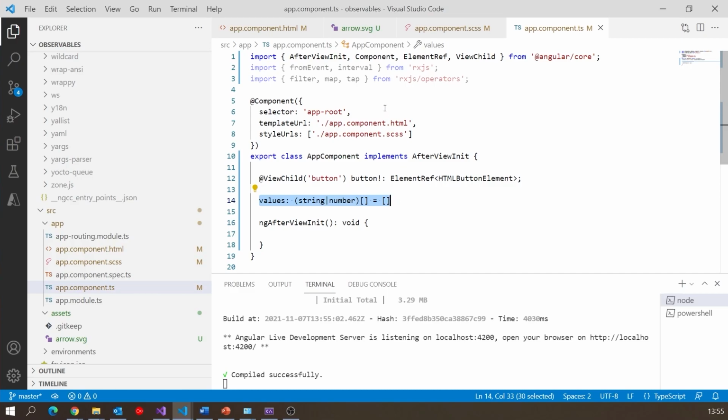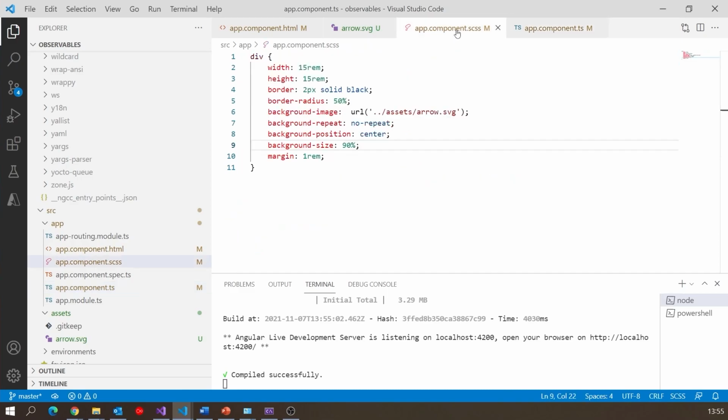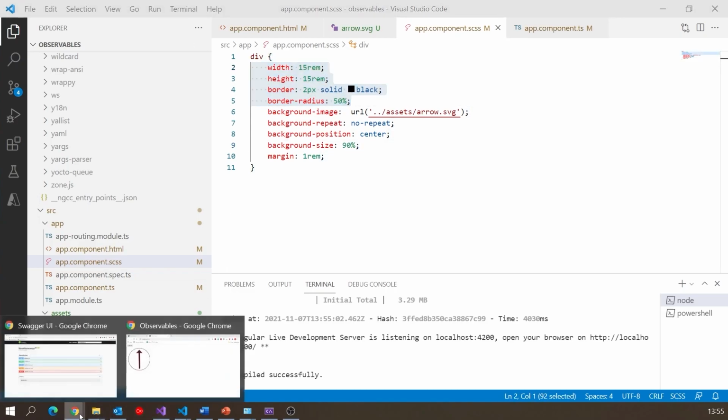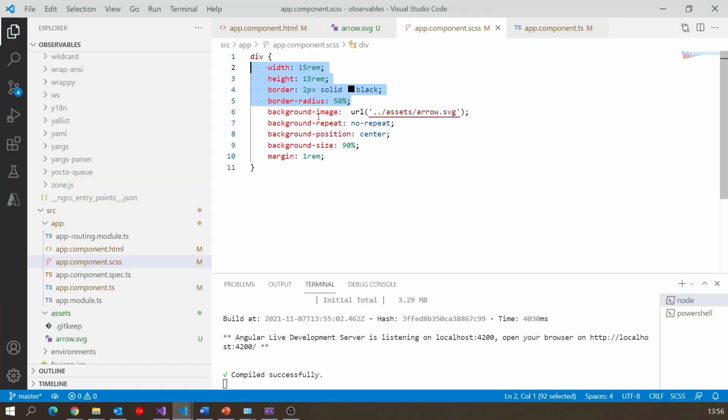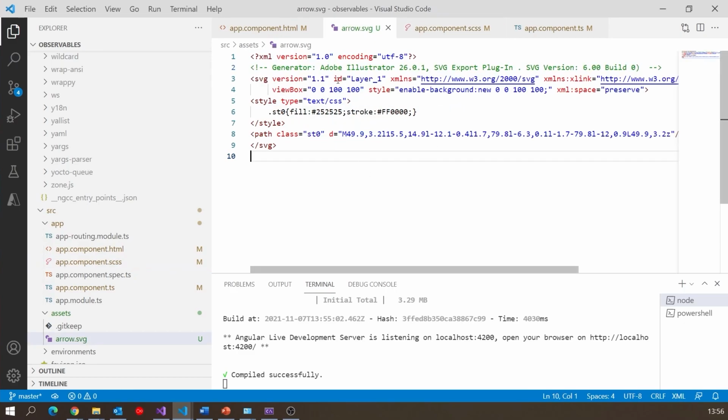If we just take a look at the CSS, then that is the div, and you can see I've given it a width and height of 15, and I've given it a 50% border radius. And a 50% border radius is just a neat little trick you can do for putting a circle around there. And then in the middle of all that, we've got this background image, which is an SVG, scalable vector graphics. Not going to go into any detail of that. This was actually drawn, as you can see, using Adobe Illustrator, but it doesn't really matter.